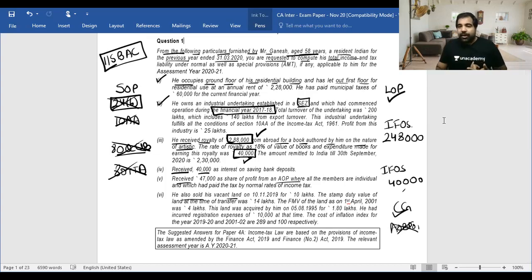Besides that, guys, the good thing is you can opt in anytime before return filing. You can opt in, opt out any number of times unless you have PGBP income. AMT, alternate minimum tax, is not applicable to you, and you're subjected to very nice slabs and very nice rates. Be very careful. This would be something very, very important in the exam. Do well. I hope you understood this, guys.